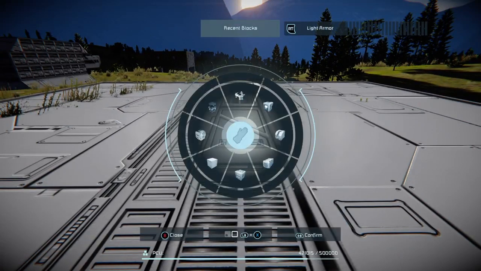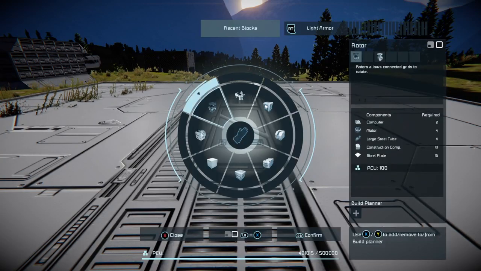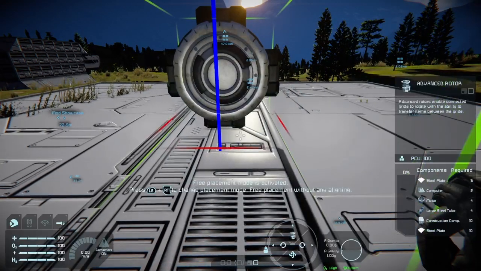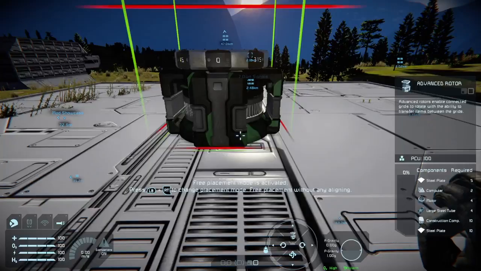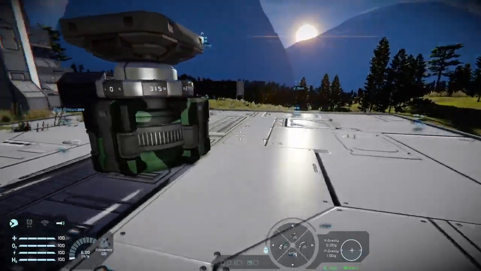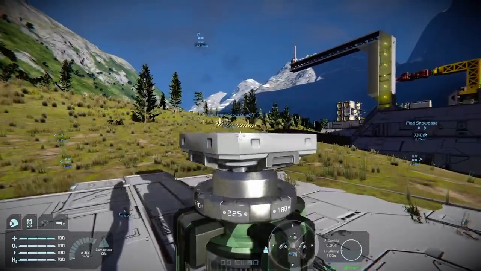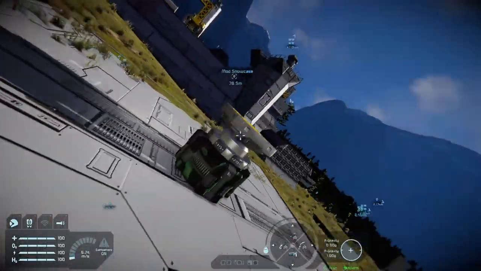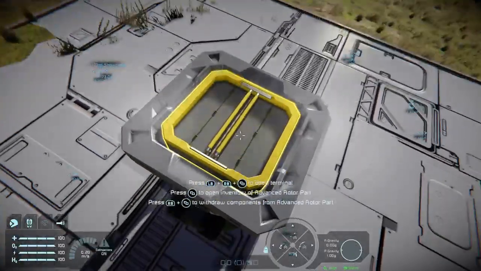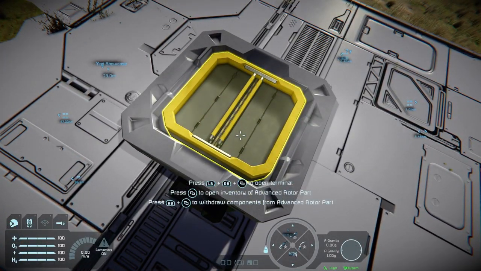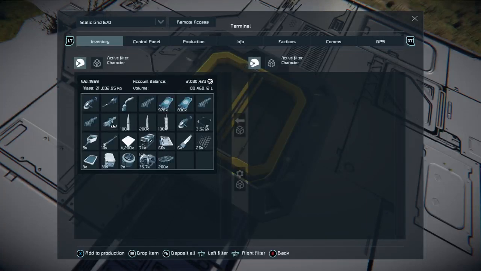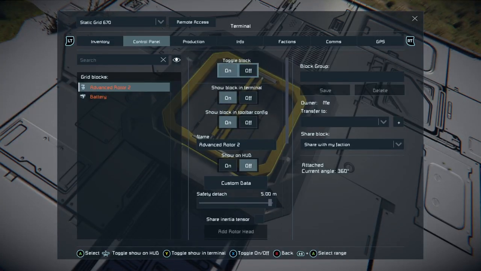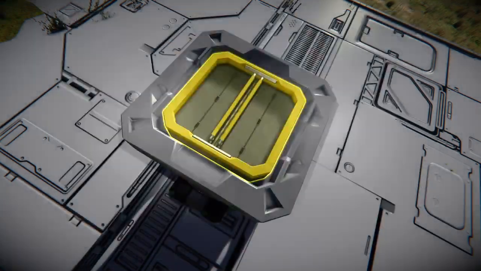So to begin with, if you're going to pipe these up in terms of survival, then always build your custom turrets using advanced rotors. Advanced rotors being the rotors that connect through to the conveyor system. And also, these are really useful because you don't need to put a control panel down to rename one. You can just go into the control panel. And this one is going to be called Advanced Rotor AZ for azimuth. This is your rotation.